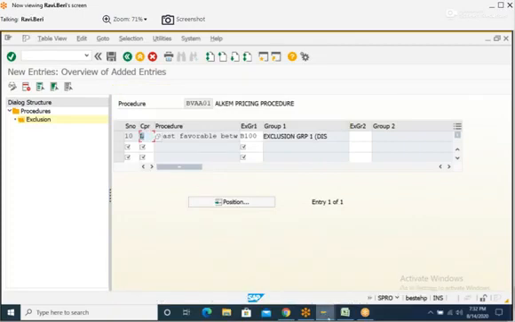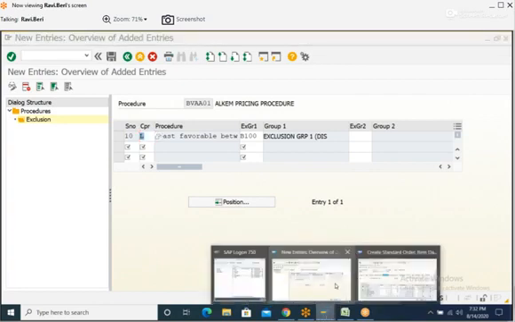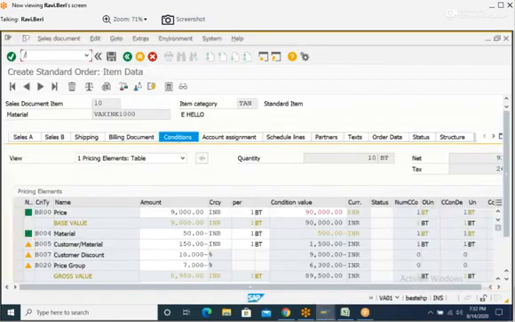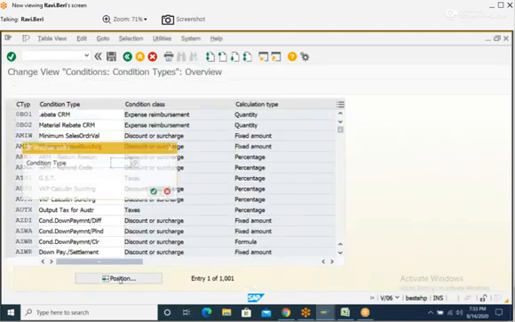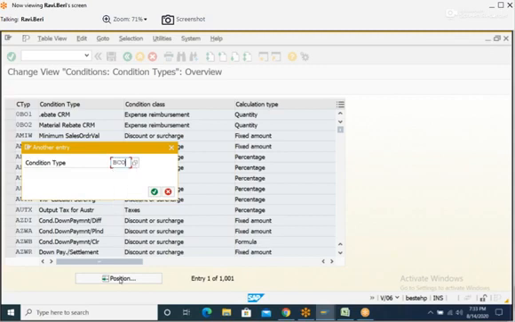I'll go to condition types and I'll mention BR00, access sequence as unchecked, V/0. Then we have one common discount also, V/06. So I'll show you the result for that.